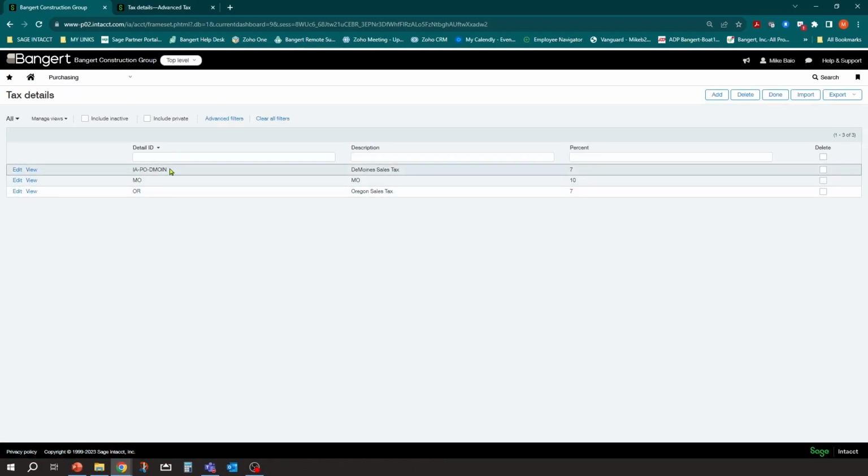So if you are considering order entry and purchasing, you need to do it in both areas, break those details out accordingly so you're able to establish what type of tax detail. Is it a purchasing tax detail or an order entry tax detail? As far as everything else goes, that's going to be the same that we did on the receivable side, on the order entry side, except for the fact when we get into the sales use tax section, which we'll cover at the end on what you can do for that.